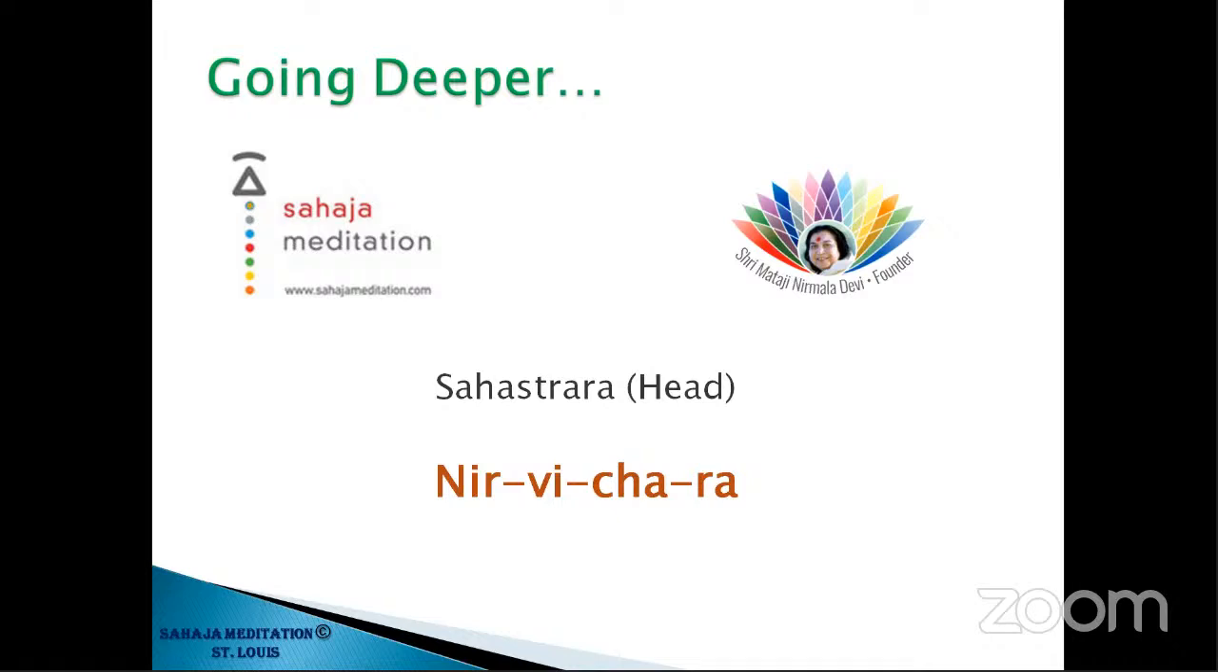Now let's bring our right hand to the top of our head. Rotate your scalp in the clockwise direction a few times. Then keep your hand steady to maintain your attention at the top of your head. We'll say the short mantra of this center, Nirvichar, 7 times. Nirvichar, Nirvichar, Nirvichar,